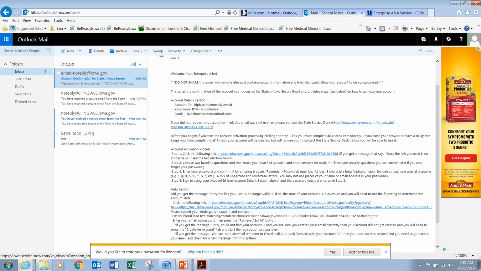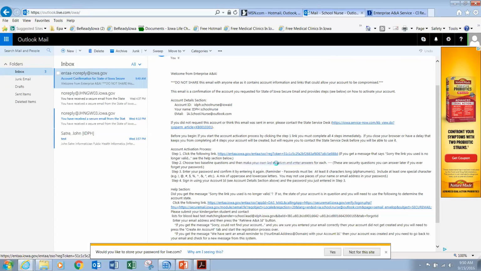This is the activation link, the step 1. You'll want to read through these instructions very carefully. Step 1 is to click on this link right here. You're going to be asked to create some security questions. Two of them will be from drop-down lists, and the third one is one that you make up on your own. And there are some rules. You'll also be asked to create a password, and there are some rules for creating a password that are in step 3 here. So you'll want to have this email open and handy, or printed if you can, at the time when you create this account.